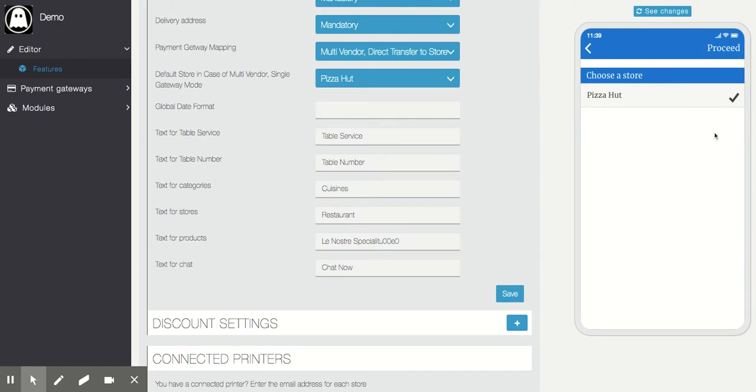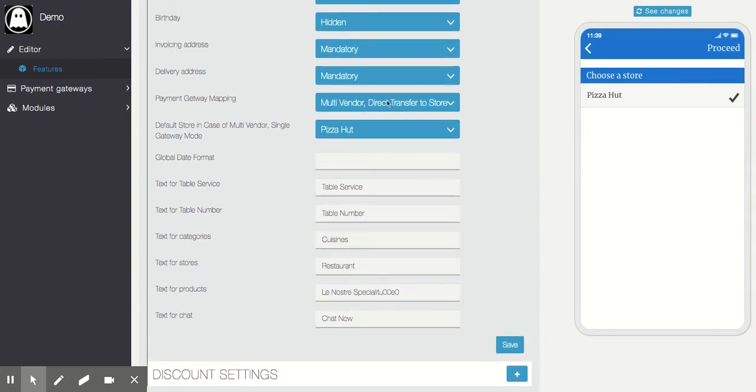If you have seen the basic m-commerce model, it shows you all the stores, but in this model the improvement we have made is that it shows only the stores related to your setup. If you have a single store setup, it will always show you just one store, and in case of multiple, it will show multiple. And there is a different option here. I'll explain this later on. First, I'll just proceed.